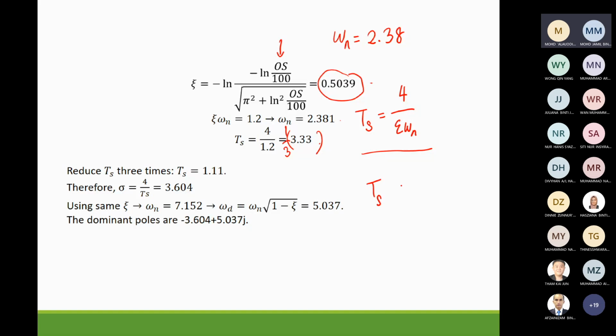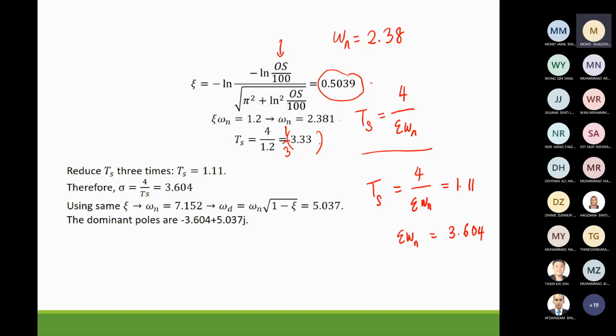So the settling time equals 4 over the new damping ratio times omega n, which equals 1.11. So you get damping ratio times omega n equals